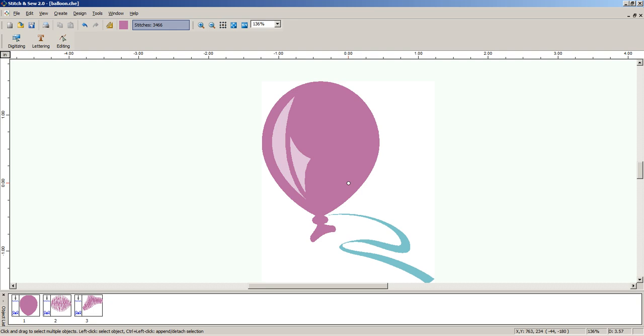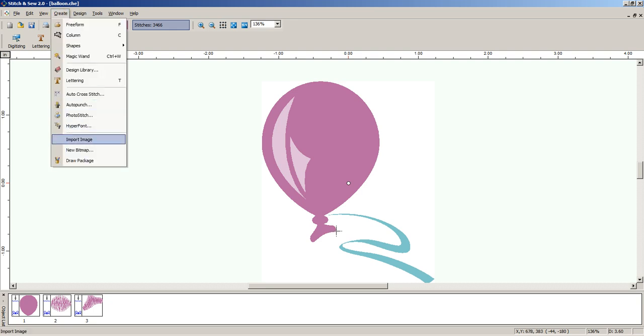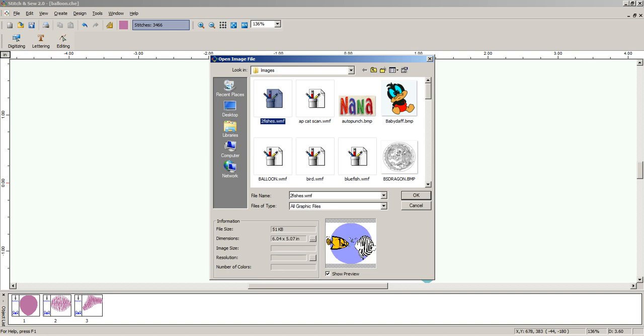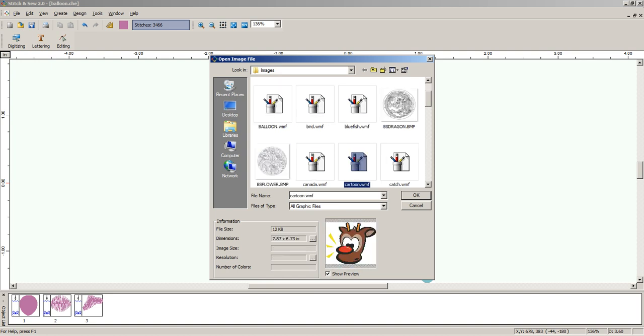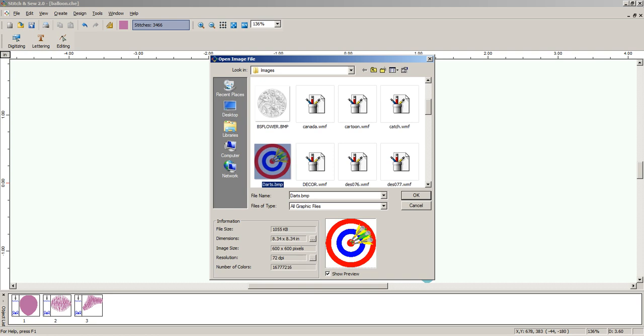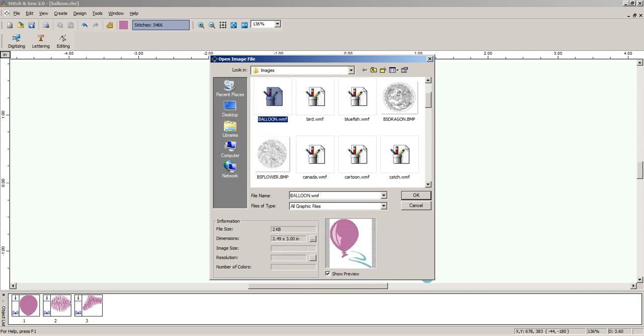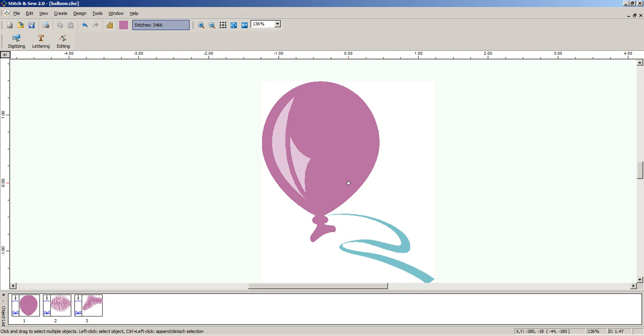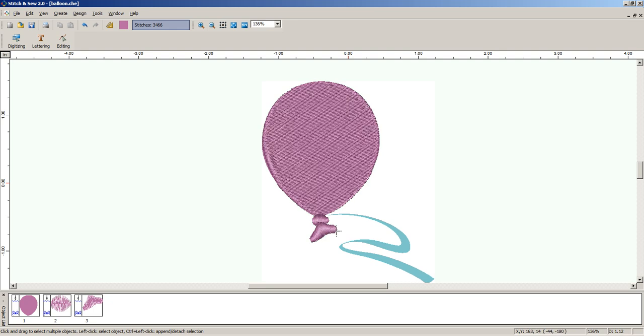This is called Balloon. We brought it in by going to Create, Import Image, and you've got a small collection of images to practice from, as if you were digitizing a real logo. So we've used Balloon, clicked OK to bring it in, and then we've created the design on top of that. And what you're looking at, and we'll hide the image here by pressing the L button, is that you have,